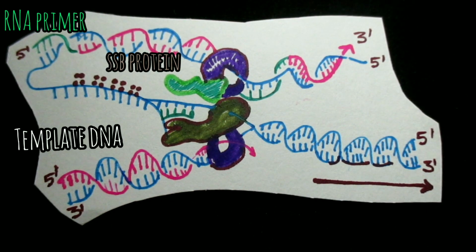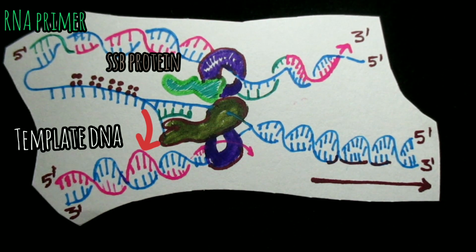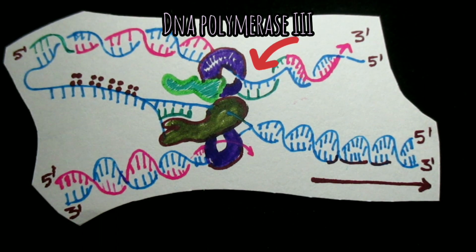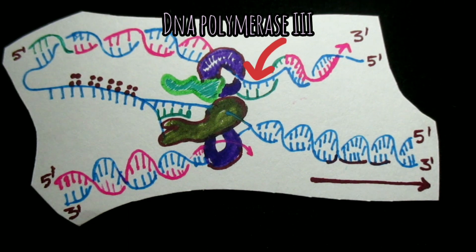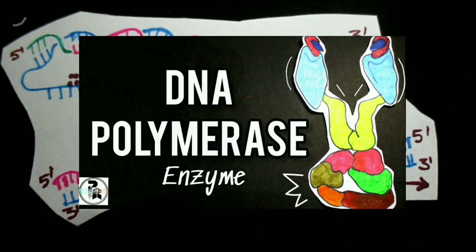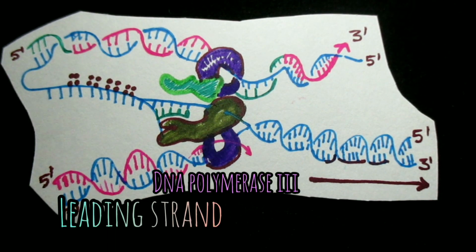The RNA primer made by DNA primase is at the 5' end of the new strand being synthesized on the bottom template strand. The DNA primase at the fork synthesizes another RNA primer, this one on the top template DNA strand. Each RNA primer is extended by the addition of DNA nucleotides by DNA polymerase III. The polymerase can synthesize DNA in the 5' to 3' direction only. Please watch our DNA polymerase video for better understanding. Moving forward, maintaining that polarity, DNA is made in opposite directions on the two template strands.